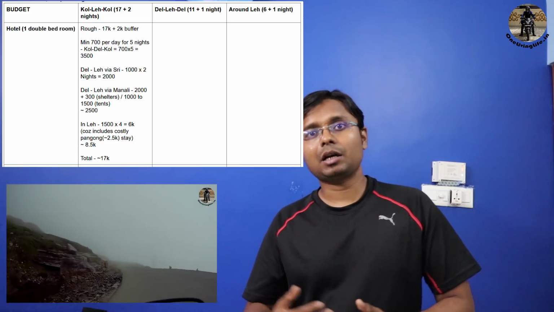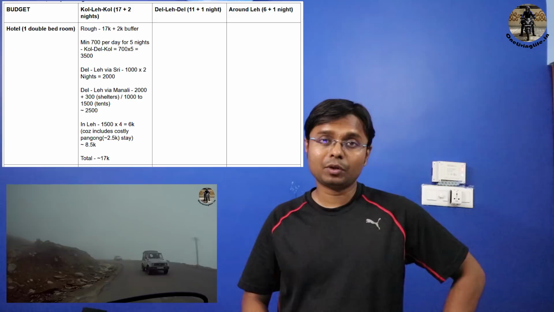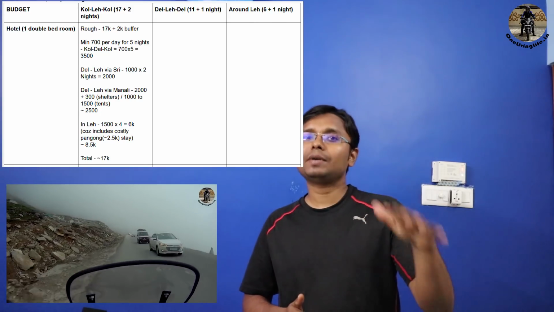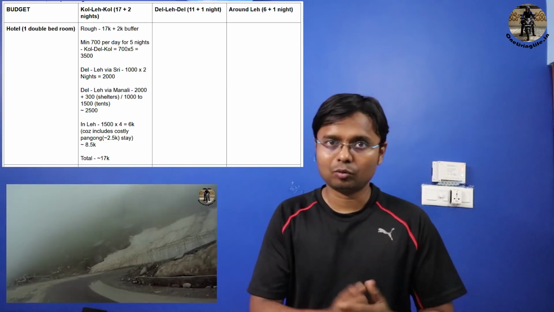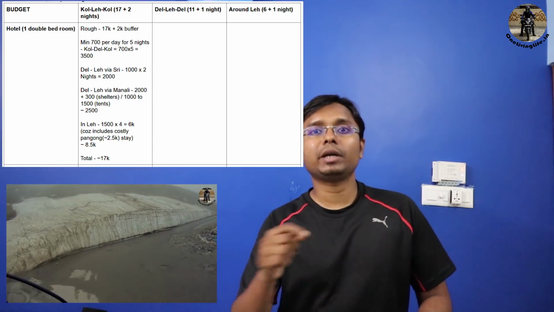So in that case, if you have to spend 1-2 nights somewhere else, then naturally the cost of the hotels will increase. Anyways, now consider an average of about 17,000 rupees for all the hotels from Kolkata and back to Kolkata. Coming to those people who are considering to do their trip from Delhi to Leh and come back to